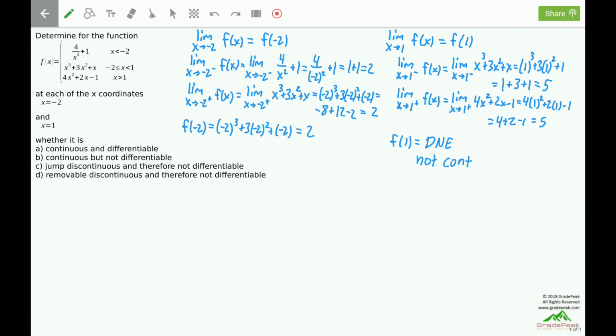For the x-coordinate of 1, once we're not continuous, there's no way we're differentiable there either. So we can tell for this situation at the x-coordinate of 1, we have the limit as x approaches 1 from the left of f of x does match the limit as x approaches 1 from the right of f of x,